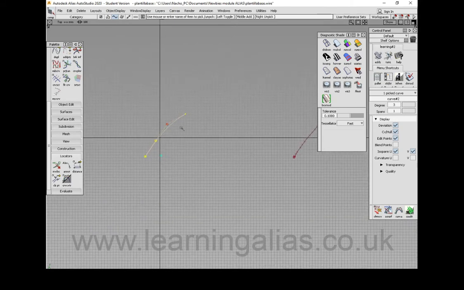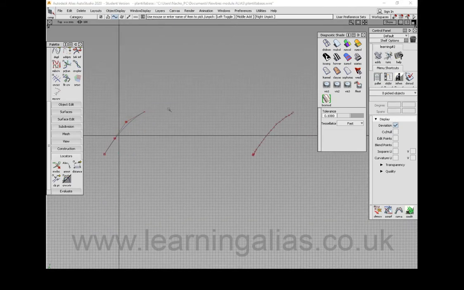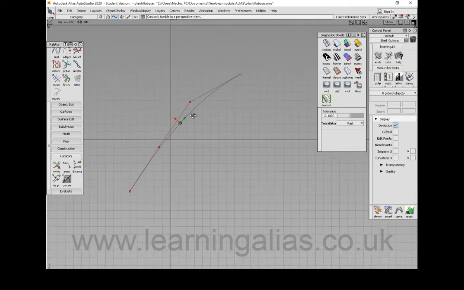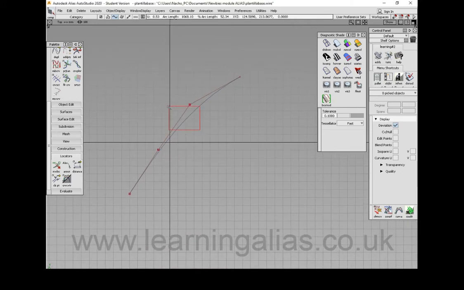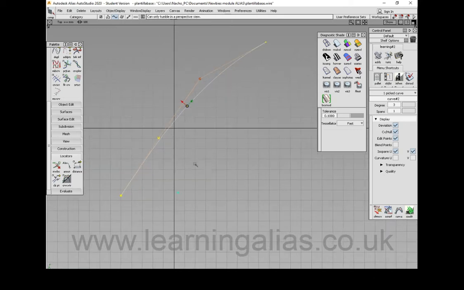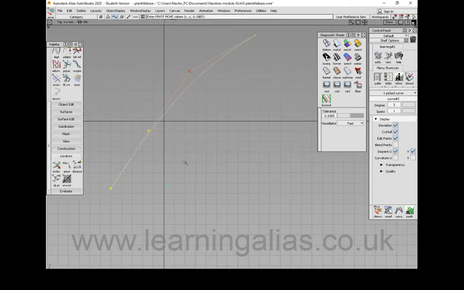I think the other one is from this curve. No, it was a glitch on the program. Don't worry. Pick the curve. Yeah, we should have only one. So if I move this point, I can put it anywhere